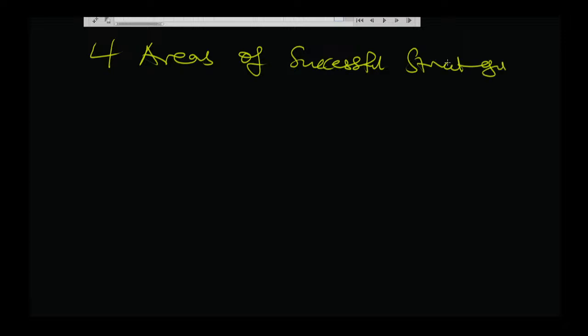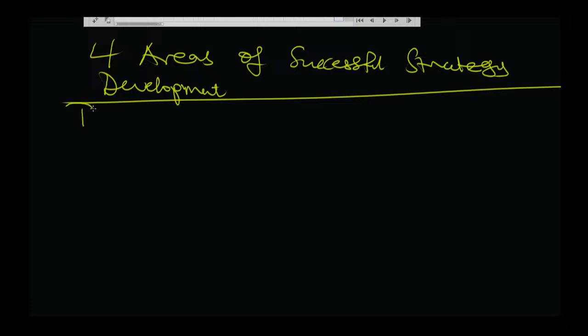When you look in the ICA book, it says 4 areas of successful strategy development. These are the 4 areas ICA always examines. We have 1, product and market, so let's just call it portfolio